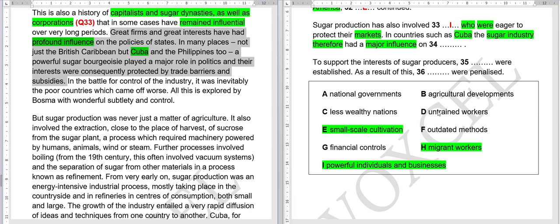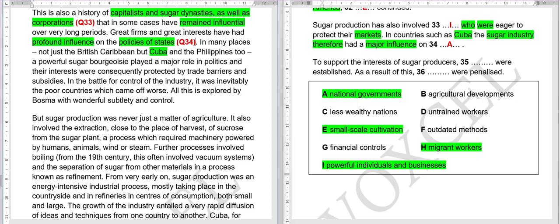Okay, time's up, and the answer to 34th is option, yes, A. I hope you arrived at the particular answer. If not, sorry about that, don't worry, I'm going to explain to you why this is our answer. Let me just mark it first. So how did we arrive at this? Here: profound impact on the policies of state. So who makes the policies? Governments, obviously. So from this particular sentence we can easily find our location. Clear? Let's see 35th question now.